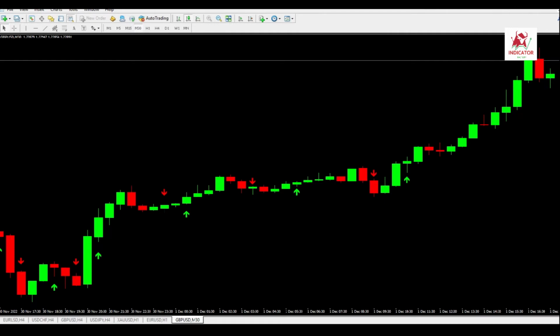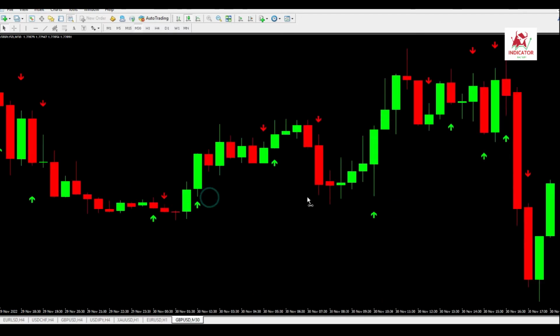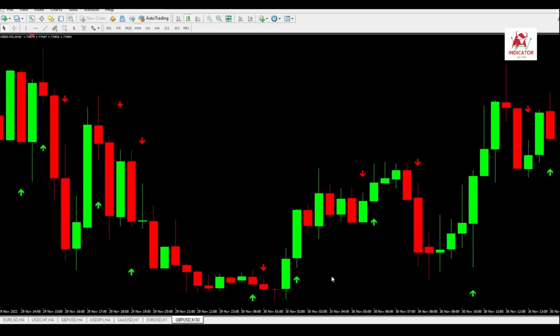The stochastic is composed of 2 exponential average lines designated as the percent K line and the percent D line, which oscillate between 0 and 100. The percent K line is calculated as the difference of today's closing price and the period low, divided by the difference of the period high and period low. For better presentation, this quotient is multiplied by 100. The percent D line represents a simple moving average of the percent K line and therefore reacts less sensitively than the percent K line. The formula to calculate component percent K is